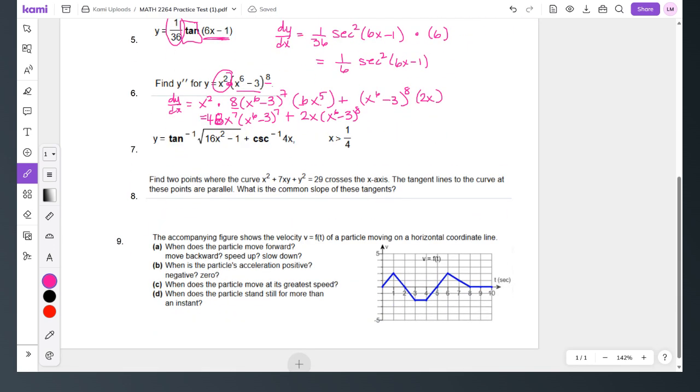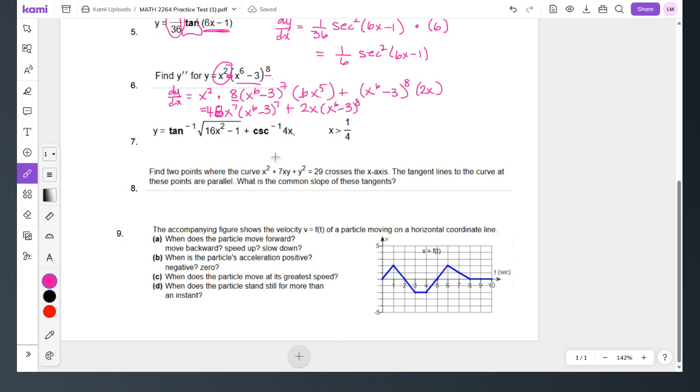Number 7 is formula for tangent inverse and cosecant inverse. And so I have dy dx equals 1 over 1 plus the angle squared, so the square root of 16x squared minus 1 squared, and then I multiply by the derivative of the angle measure, and so that would be 1/2 times 16x squared minus 1 to the negative 1/2 times the derivative of the inside of the angle, so 32x